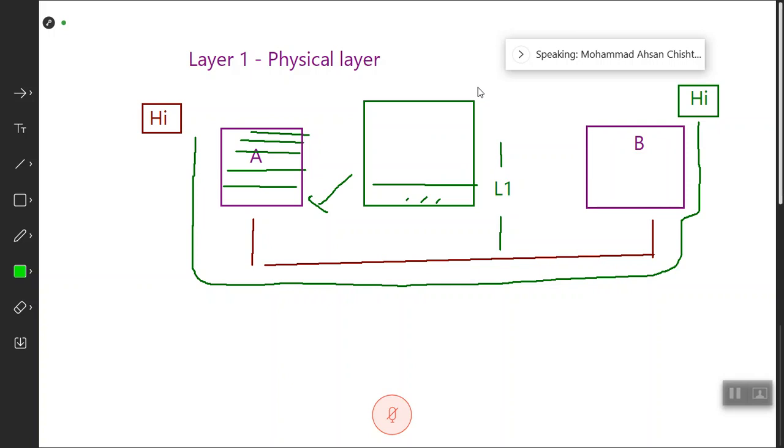So if this was the data I have received, if this is the packet I have received, fine. What would the layer 1 do? It would add its own functions. Then after doing that, it would add the header to this and pass on to the physical layer. So L1 is an interface between this link that we have here and the above layers. The term that we use for physical layer is PHY in short, or layer 1,